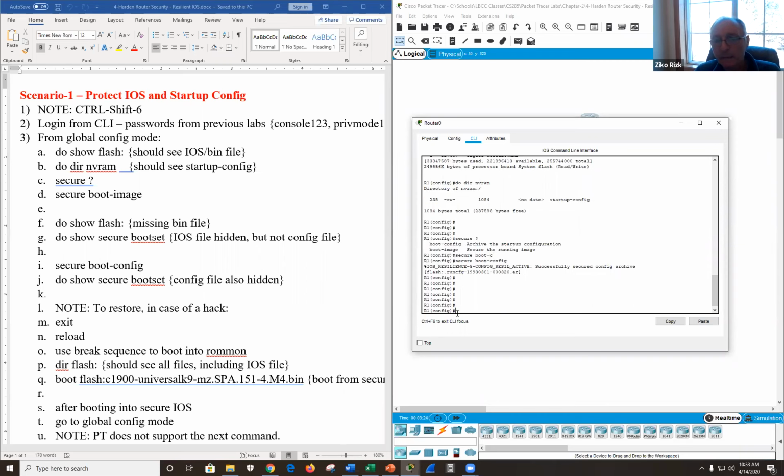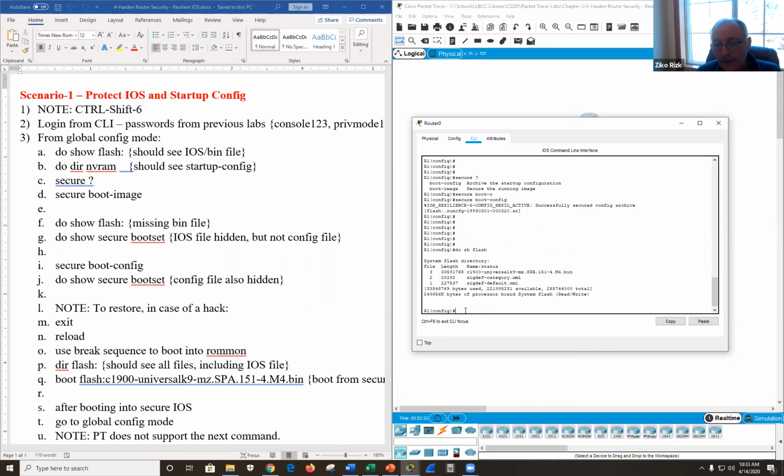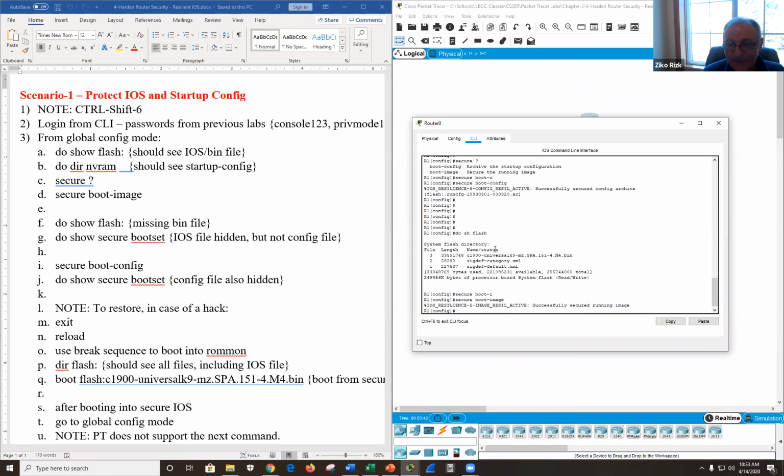And now I've hidden it, and I'm going to show you this. And now if I was to do show flash, and I want to do image. Sorry, everybody. How about we do image? Okay, very good. And now do show flash.